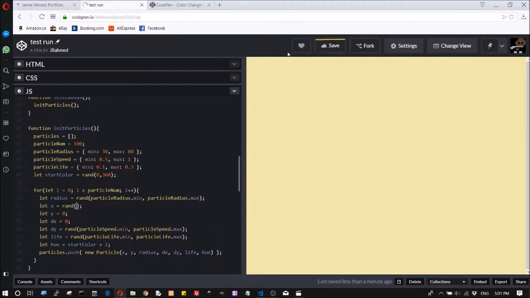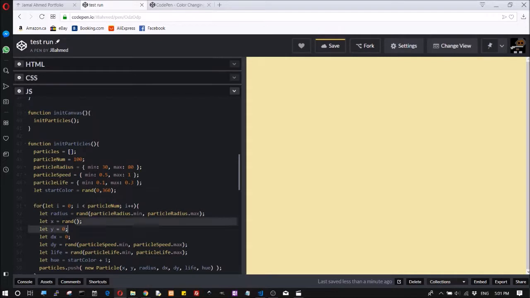So we want it to appear somewhere within this range. So the canvas is this height. We want it to appear somewhere within this range. Okay, right, so the x, so I want a random value within this range, so within the canvas. The canvas goes from here to here. So I'm going to say that the minimum value is going to be the radius. A random value between the radius and the maximum value is going to be the ctx.canvas.width